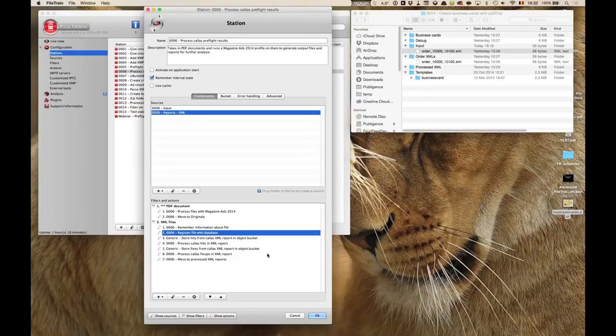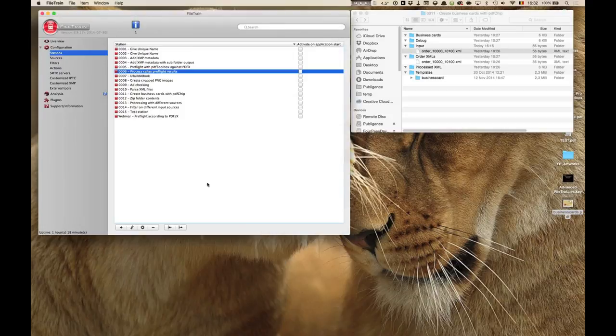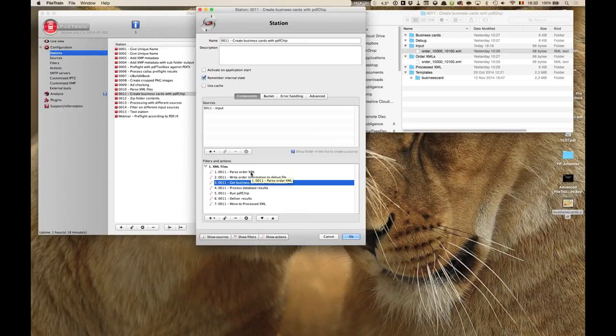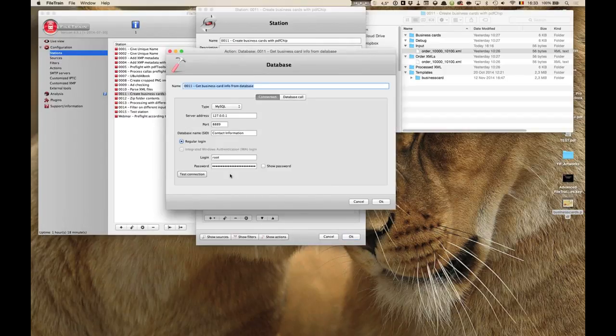Now, this is, again, already a fairly complex one because I want to store information in there and get something back and so on. If we go back to the other example with the business cards and PDF chip, then I also have an action here that deals with the database. Remember that here we had our order XML. I read the information out of that order XML, and then we want to get the correct information out of our database. So again, this is a